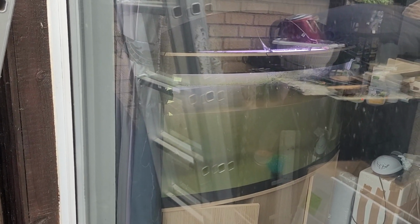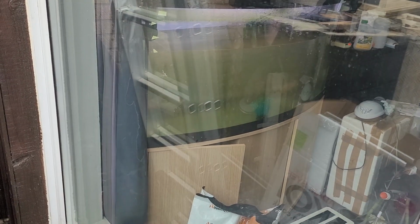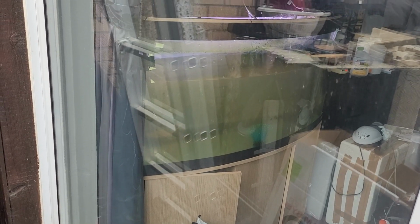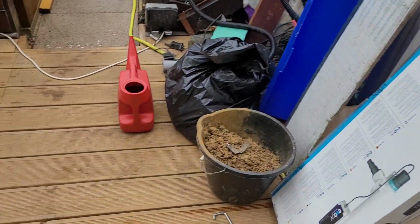So in today's video, I am finally decommissioning the fish tank. Yeah, as you can see, there is very few fry left in there. There's 4 or 5 that I'm just letting calm down a little bit before I go hunting. You can see there the water level has dropped a fair bit, and round here